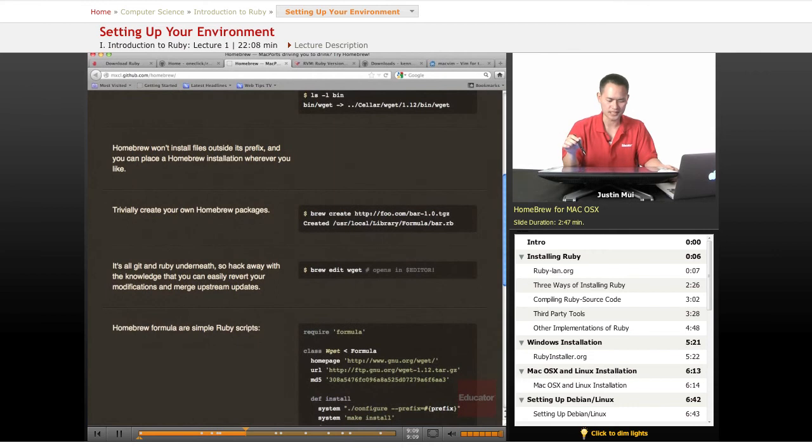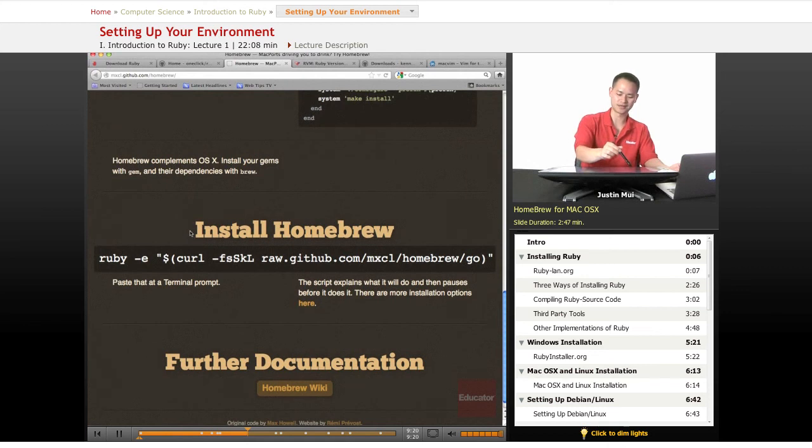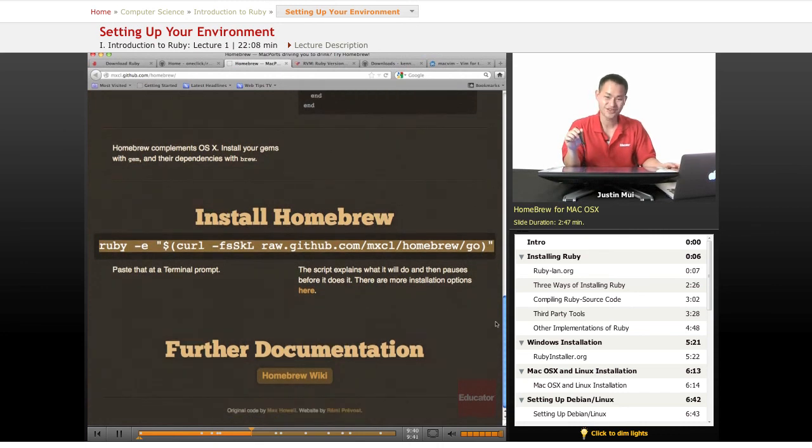So you notice there's a lot of information, documentation to help you get along. But what I want you to do is go way to the bottom of this page and look at the big install Ruby. That's the main one we're talking about doing. So you have this command here. You just run that, and you'll get Homebrew set up on your machine. Because it does say Ruby on it, there are further instructions if you don't have Ruby already set up to do this. So you can just go to the Homebrew wiki,